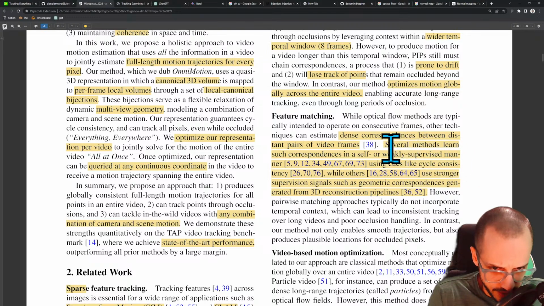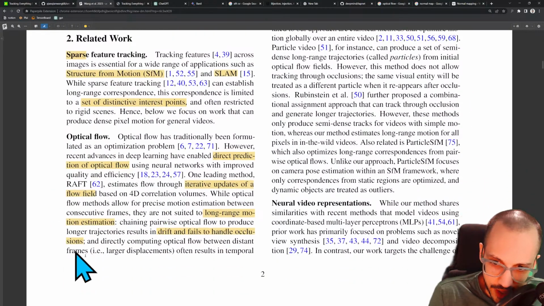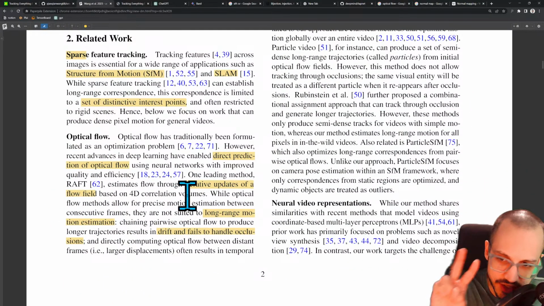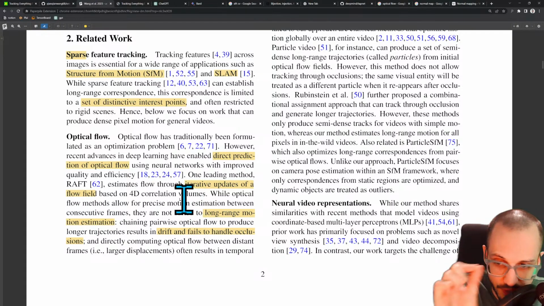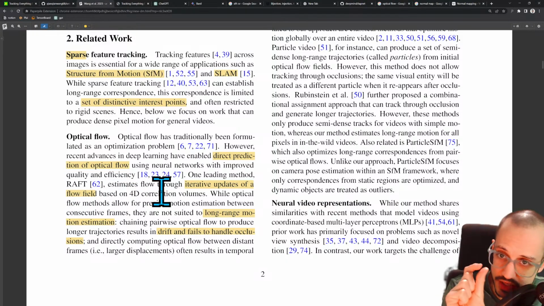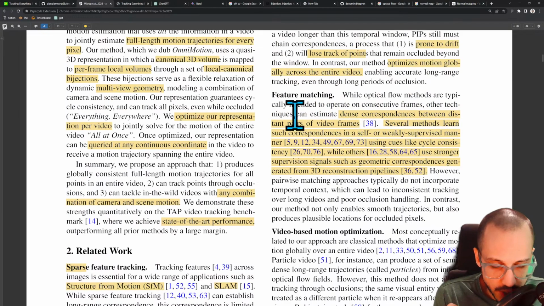Basically, rather than doing what they're describing here, where you have 2 frames that are right next to each other, and then you look pixel by pixel and say, did this pixel move over here? Write this kind of flow field for very tight frames. People have tried to put all kinds of priors in, right? So